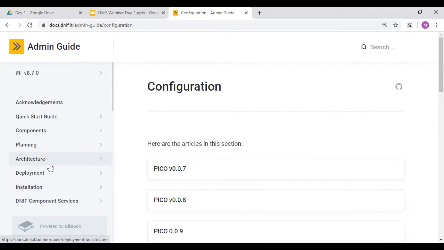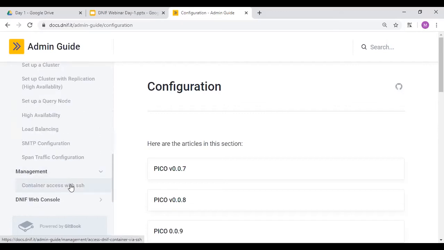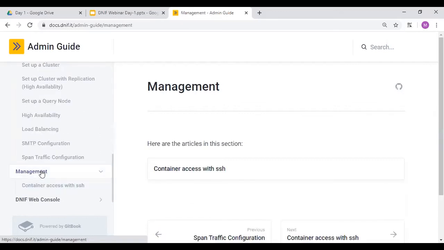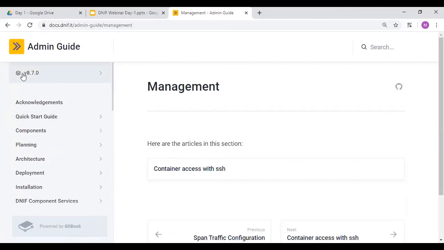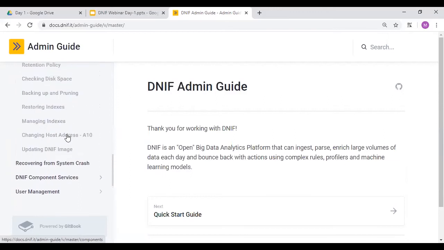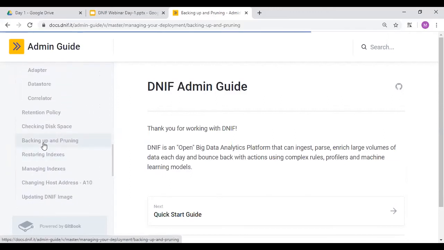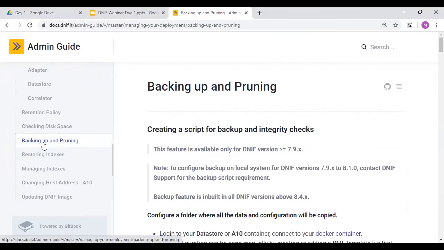Apart from accessing your NEF container, there is one more option you can see on the website in the management itself. You can do it either automatically or manually.